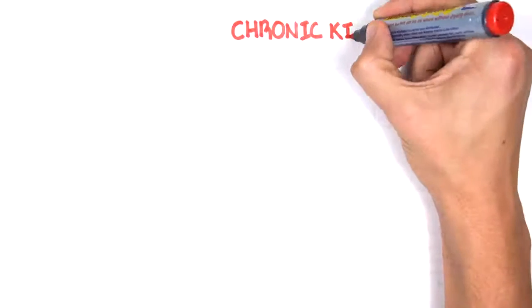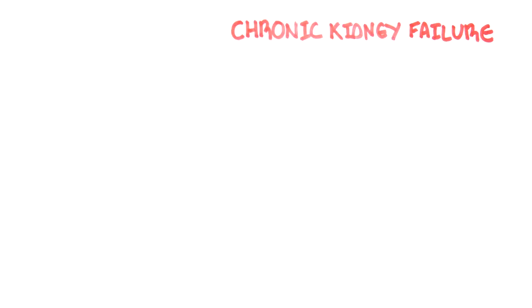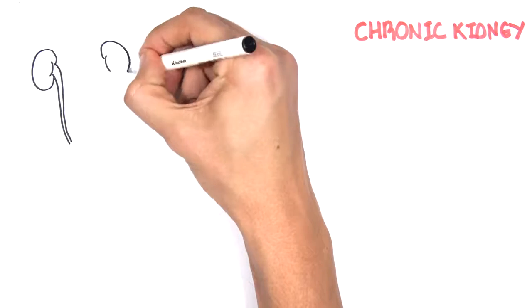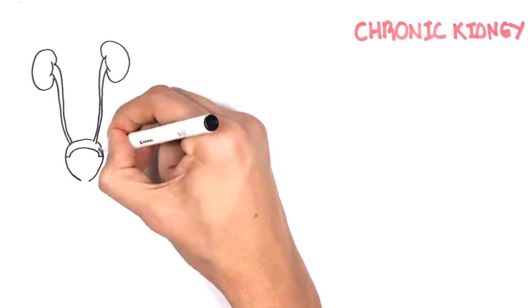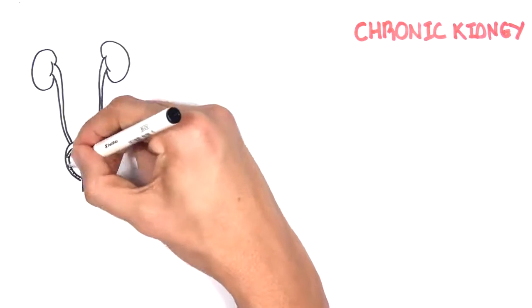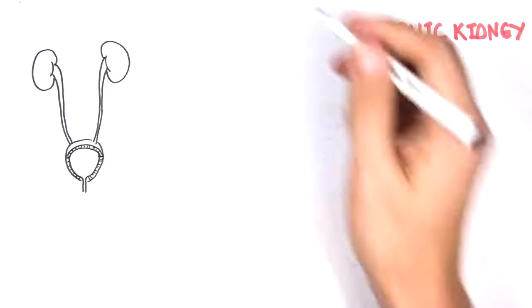Hello, in this video we're going to talk about chronic kidney failure. It can also be referred to as chronic kidney disease, but failure, I guess, is the end stage. Chronic kidney failure is essentially an irreversible loss of the nephrons, which are the functional units of your kidneys. This can result in a toxic state, such as uremia, and we'll learn about that in this video.